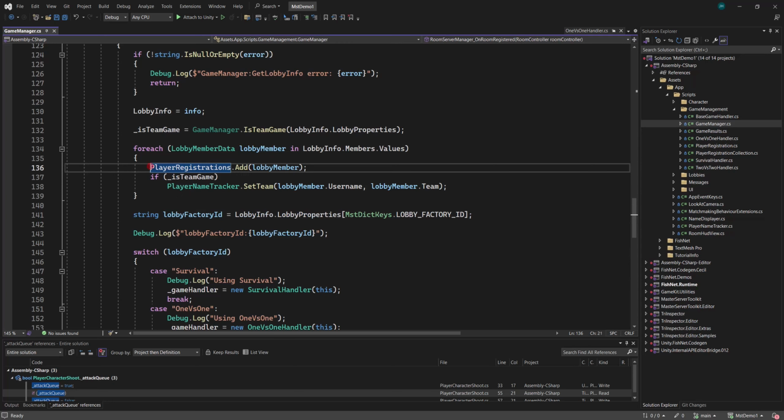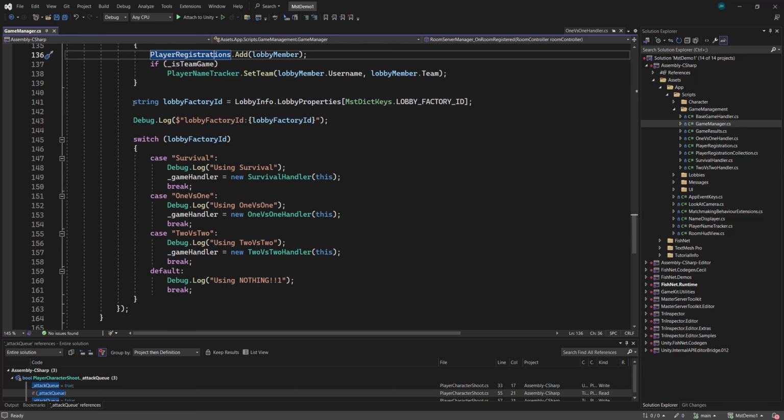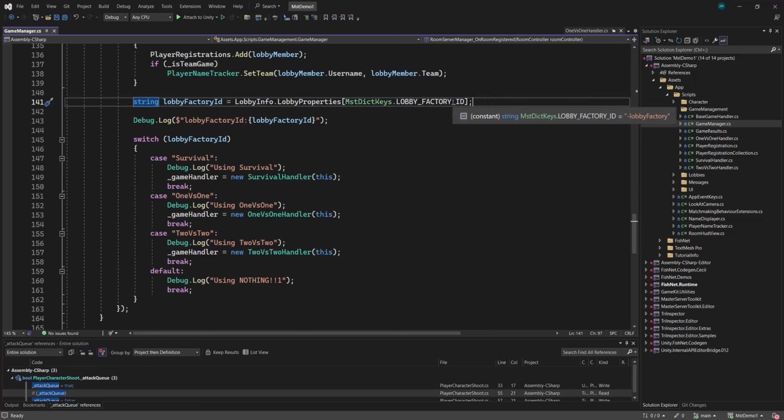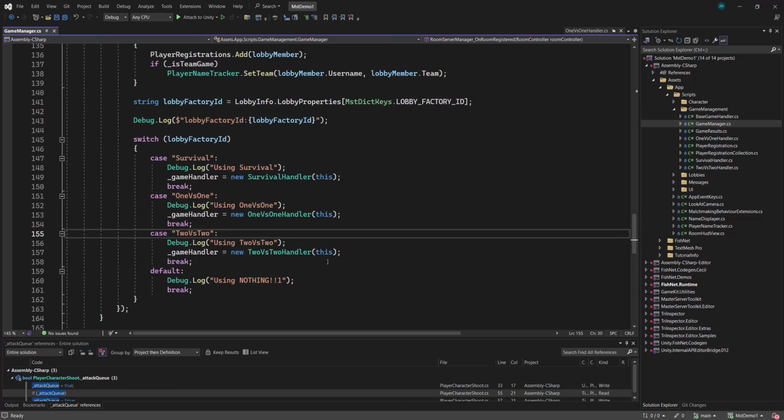So I'm just grabbing all these lobby members and adding them to this collection here for later use. And then finally, let's grab that lobby factory, which is an argument that gets passed to the room executable, room exe, whenever it gets spawned. And that lobby factory is going to be the ID of the actual game that we're interested in playing here. So that lobby factory ID is going to be either survival, 1 versus 1, or 2 versus 2,